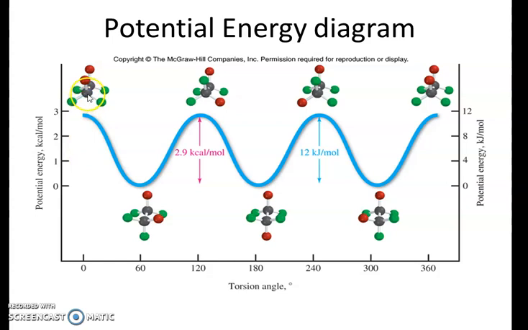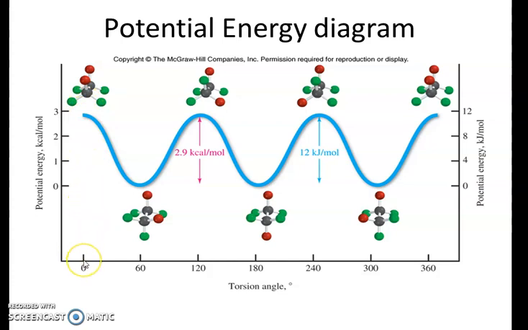So here we have the potential energy curve, with potential energy along the y-axis, while the torsional angle, the angle of rotation, is along the x-axis. Now what we are doing is starting with the eclipsed form. This is the eclipsed form. So you can see the CH bonds are overlapped the maximum. This is the eclipsed form.